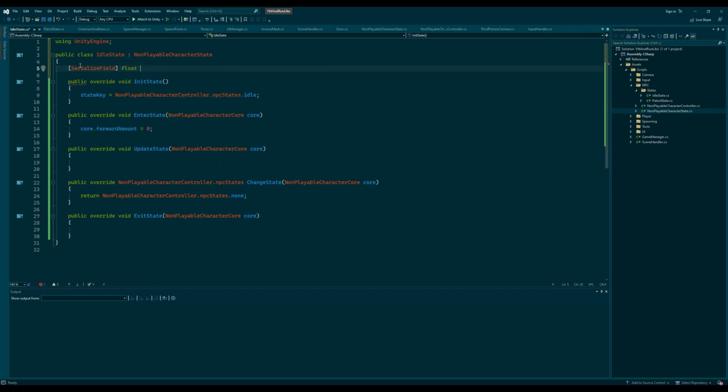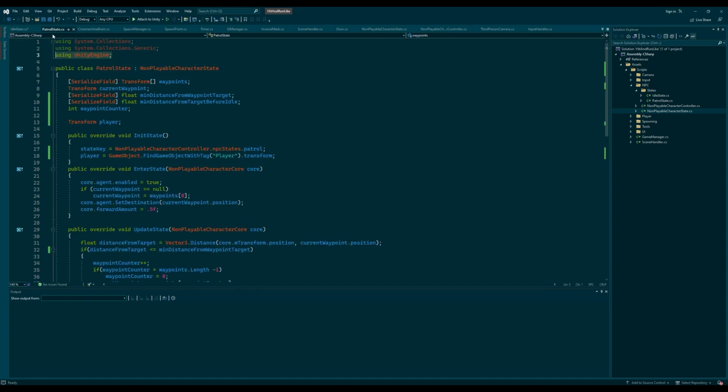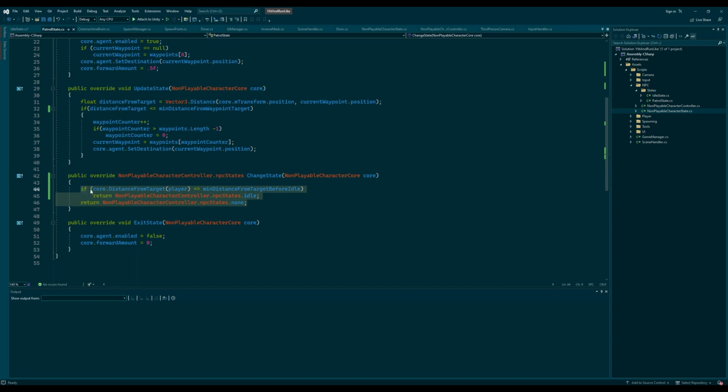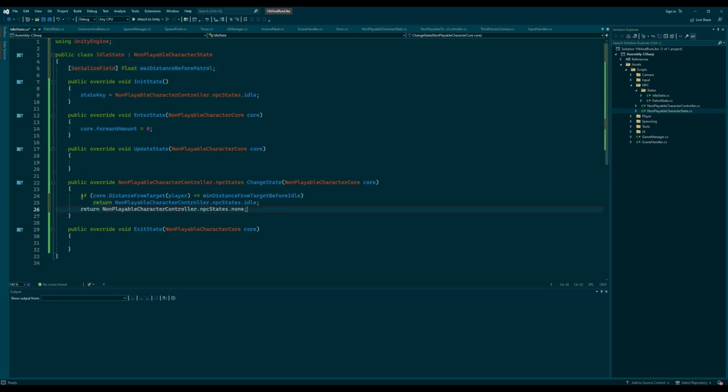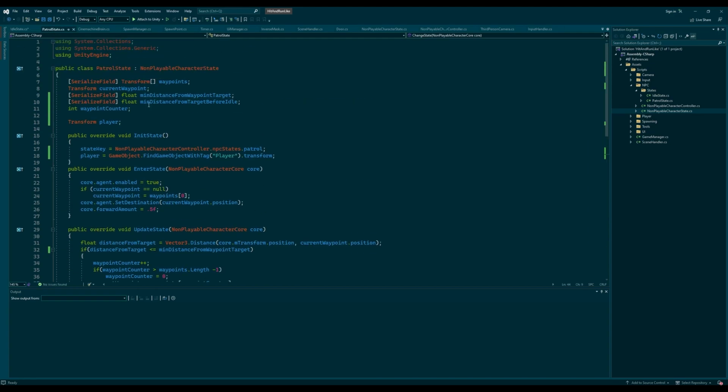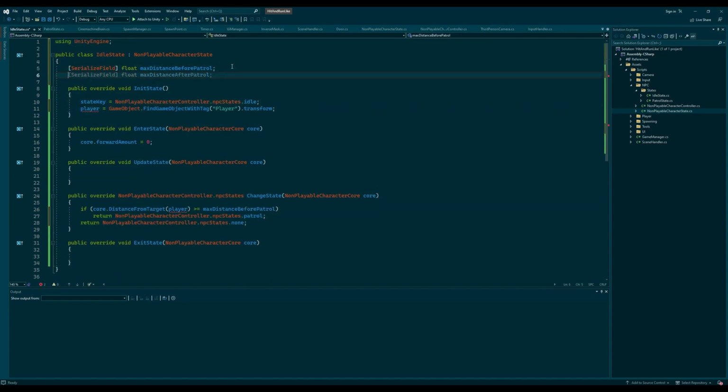Say float. This will be the maximum distance, I suppose. Maximum distance away from the NPC before the NPC returns to patrol state. So max distance before patrol. Now if we just go to our patrol state, we can copy and paste this, I suppose, into our idle state. And then we'll change this to greater than the max distance. And then this will return patrol. And we need to also capture our player here. So let's do the same thing. Player will equal this. Put that in our init. Let's just say transform